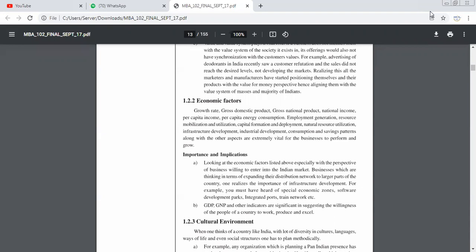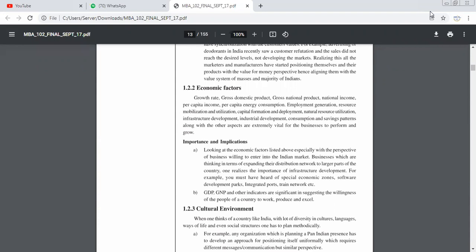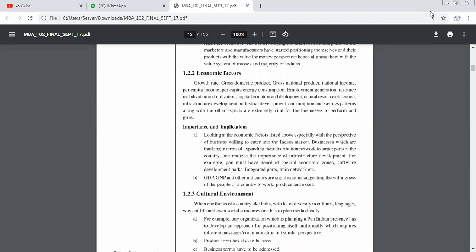Now I will give you an example. Take an example of Mumbai, Pune, or even Maharashtra. You can see, as compared to the other states, Maharashtra's GDP is very high. You know that, right? Why is it so? Maharashtra की GDP इतनी ज़्यादा क्यों है? Can you tell me the answer?